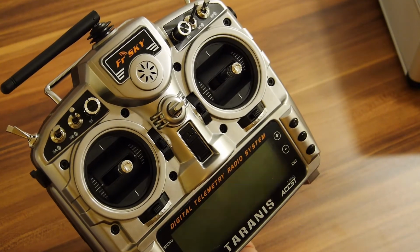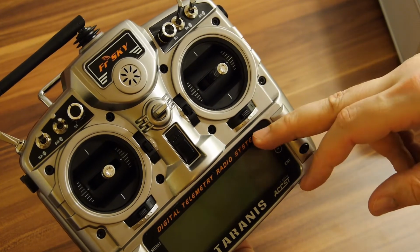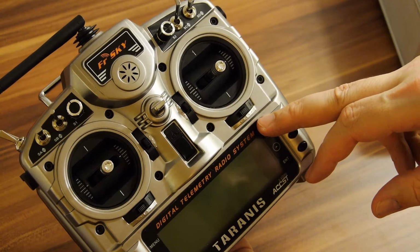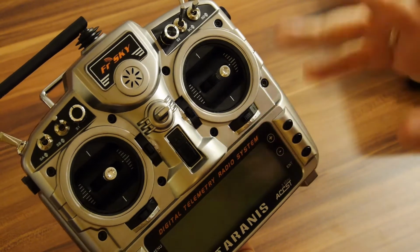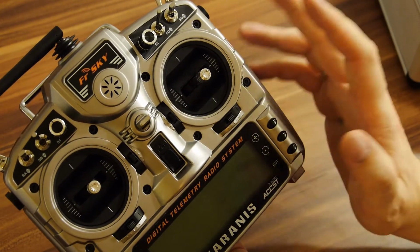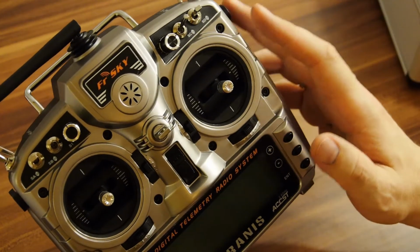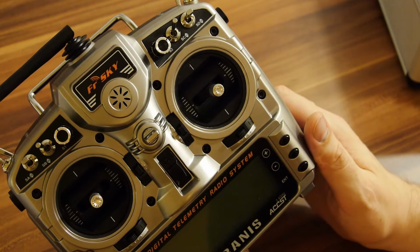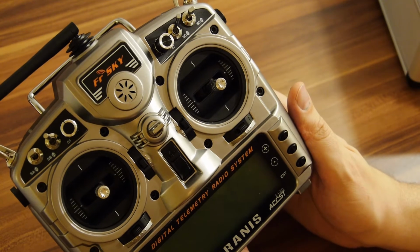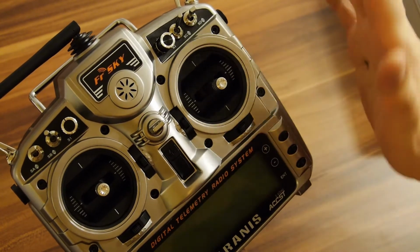About Open9X, 60 model memories, memory for 60 models. Each model can use 64 functions or mixes. Each model can use 9 flight modes with many next functions. You can use integrated voice output for any sounds, messages, alarms, variometers. You can mix telemetry values in your functions. For example, if my altitude will be 300 meters, switch off my motor, for example, without any problems, with FrSky telemetry inside and with a compatible receiver,